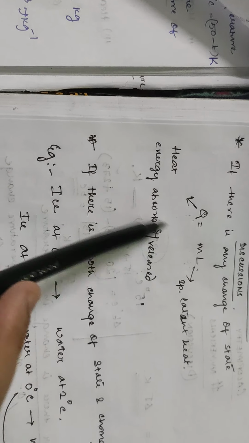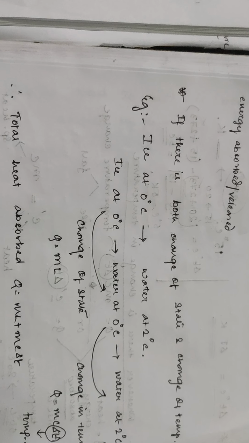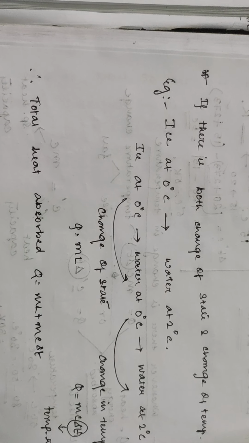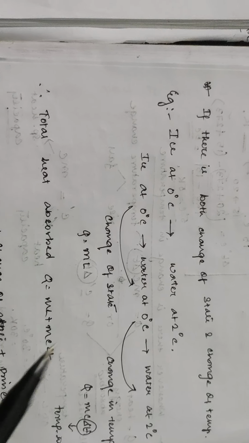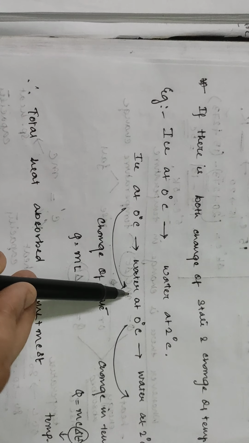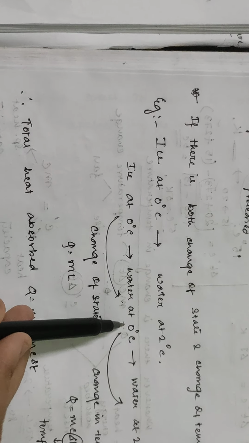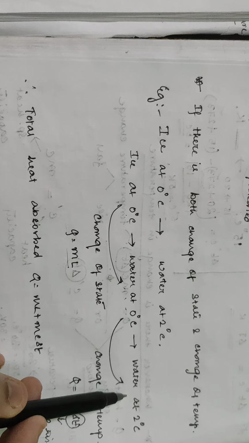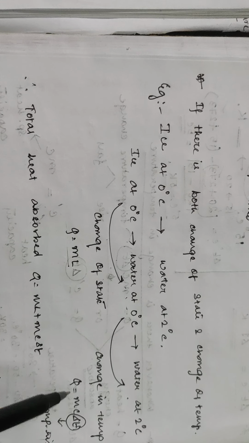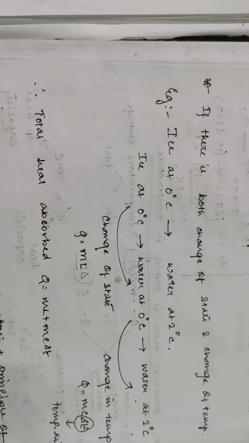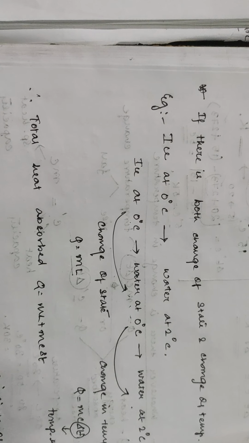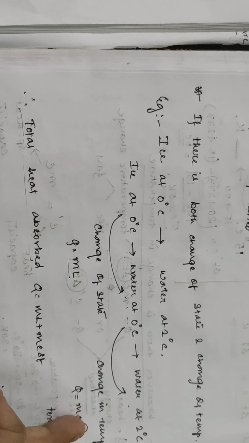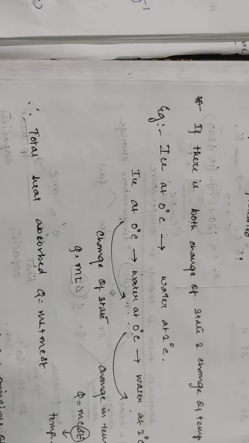Now, what if there is a change in the state of matter as well as a change in temperature? That means, say, ice at 0 degree is changing to water at 2 degree. So first, ice will absorb the heat energy to change the state, ice at 0 to water at 0. So Q equal to mL. Then water at 0 to water at 2 degree. Now there is a change in temperature, Q equal to mc delta T. Delta T is the temperature rise, because it goes from 0 to 2 degree. So total heat energy absorbed will be this plus this. Just see a sum.